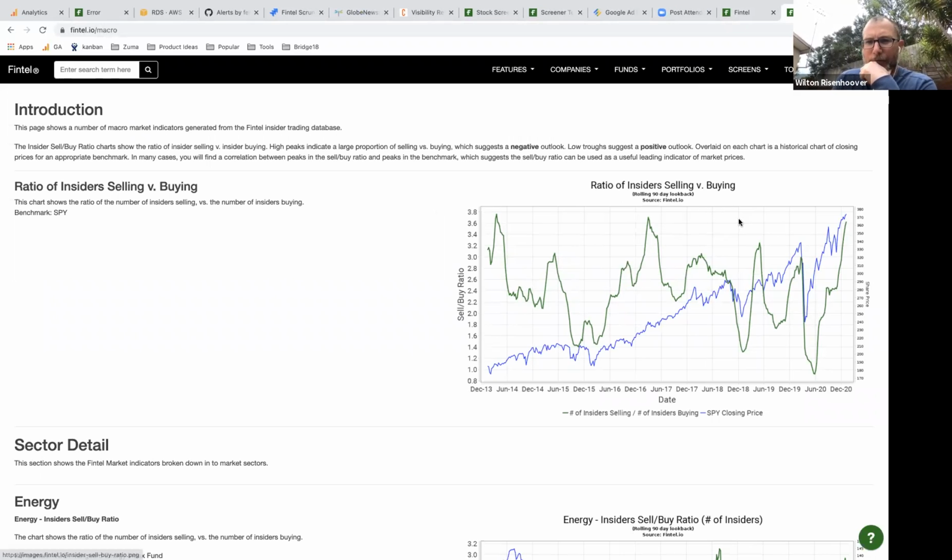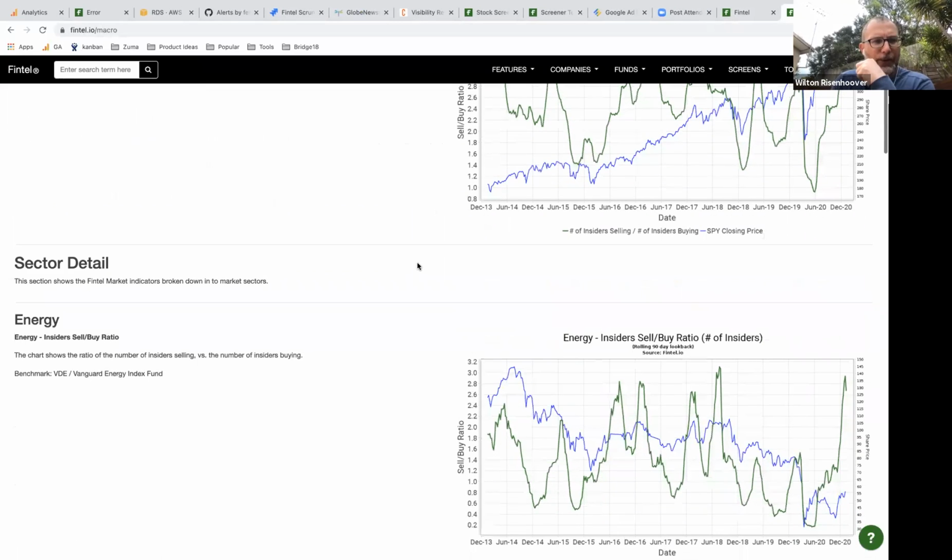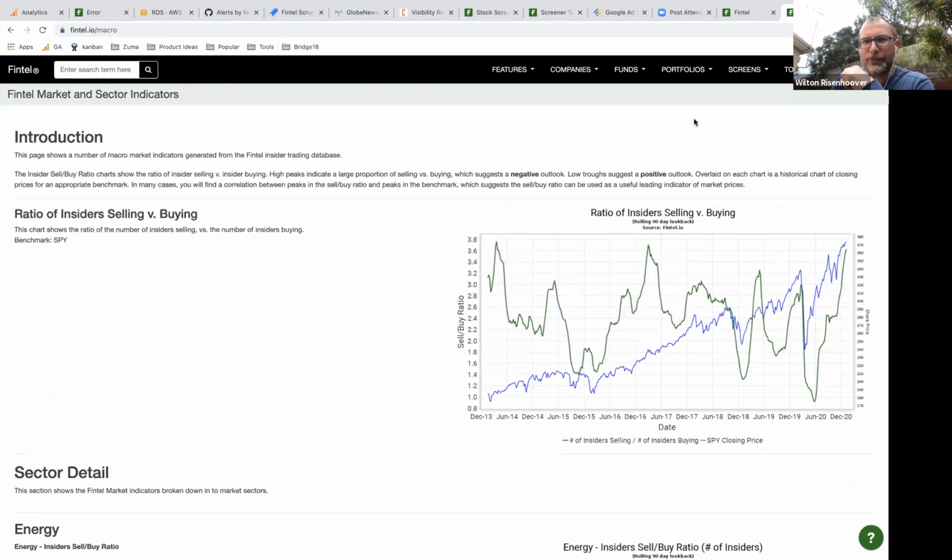market sectors, and we've done a lot of work on building. We're starting to work on building out macro indicators, and here we can see each of the major sectors. In this case, our macro indicator is looking at sell buy ratios. This is a nice segue into our insider data, which I think is pretty interesting. If you take a look at all the companies in the marketplace, and you look at all of the insiders in the last 90 days, and you count all the insiders that are selling, and you count all the insiders that are buying, and you divide the ones that are selling by the ones that are buying, you get the